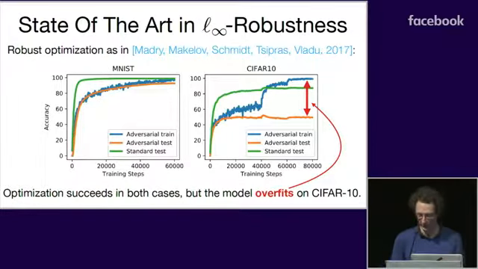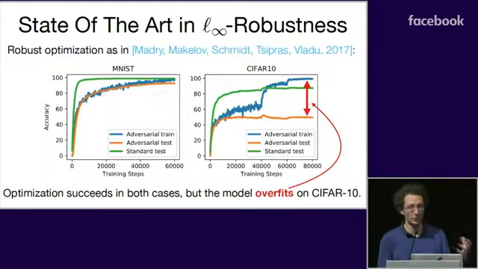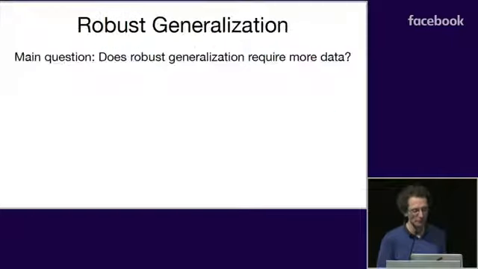And then we were asking, maybe this is something we should expect. If we hold the data set fixed, should we expect a larger amount of overfitting when it comes to the adversarial risk? In order to understand this better, we looked at a simple theoretical model, a simple natural data distribution, and asked the question: does robust generalization in this model require provably more data?